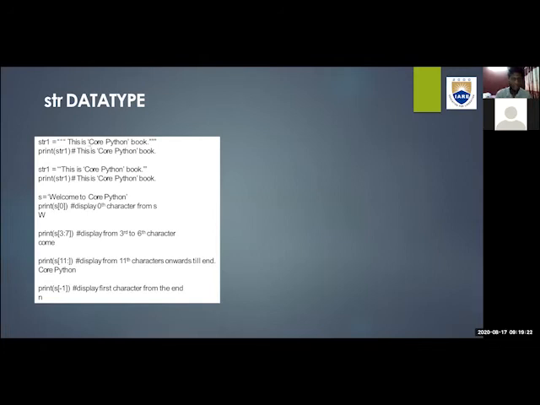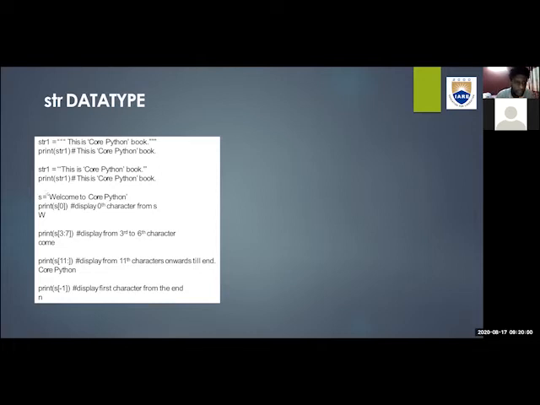Let us go through other examples. str1, this is a core Python book. Here the value of str1 has 3 double quotations at the start, 3 double quotations at the end, and a separate single quotation for the word core Python. I'm printing str1, so exactly what I mentioned here, this is a core Python book, gets printed, which is present between the double quotations. There is no change in the string statement, no spaces or anything additional.